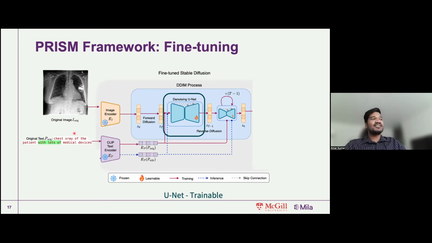So this central part of the UNet, which is this region, is essentially fine-tuned, and this fine-tuning happens with this text, which is generated from a template. So essentially what we have is a table which shows whether a disease is present or not present, and multiple of these diseases could be present at the same time. We just convert it into template text, and then we have the image. So we create this image-text pair to fine-tune just the UNet component of this Stable Diffusion architecture.